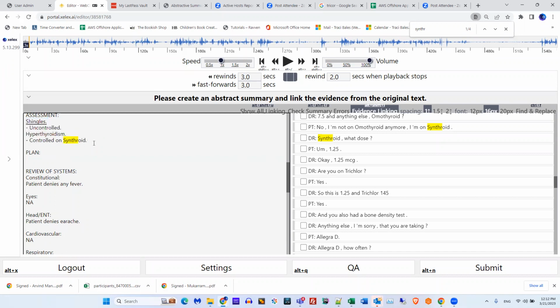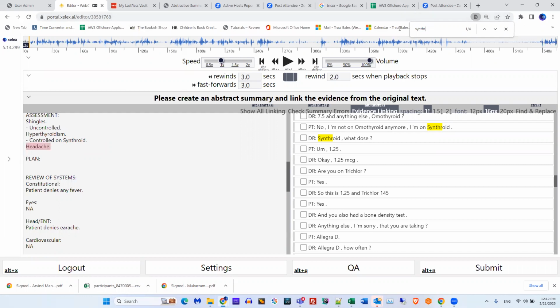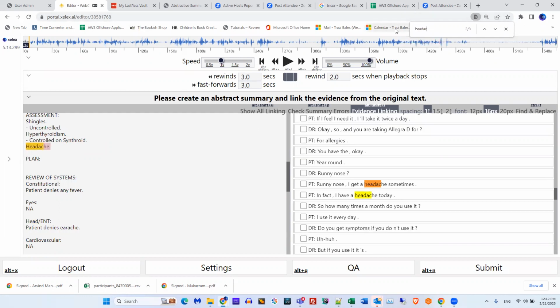Okay, the plan, now, okay, let me add another one. On occasion, you can have assessments that do not have statuses. So if in this office visit, the patient reports headaches, then that's an assessment. She reports it, but you don't really know a status.